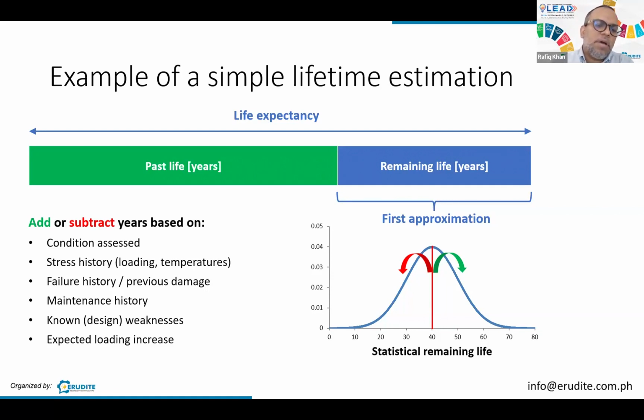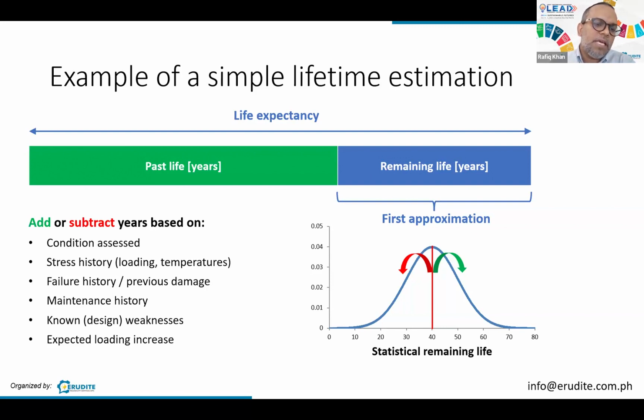Some aspects to consider are the condition when it is assessed, stress history, and loading. For example, if you have a transformer that is being loaded heavily, it starts to age fast, so you have a reduced lifetime. Mainly loading and temperature go together. Also, if you have a transformer that is half loaded, only 50% of the specified design load, then you have reduced temperature and possibly you can extend the remaining life. So this is a statistical number, of course, but you can improve it or make it worse with your actual operation.